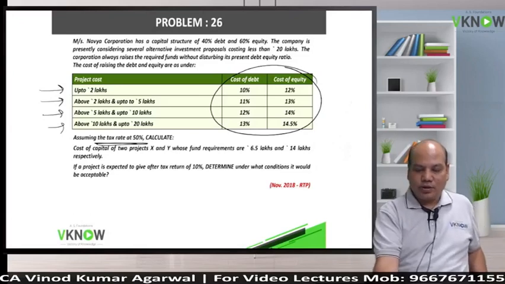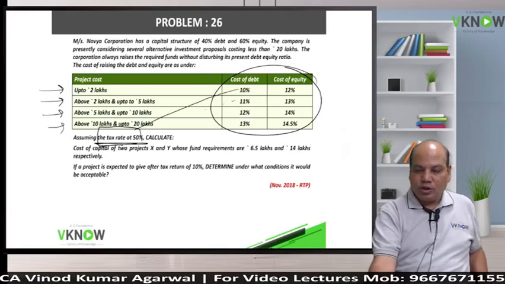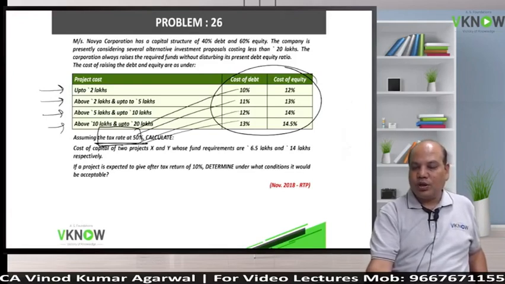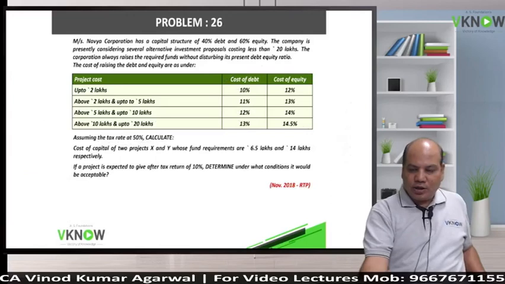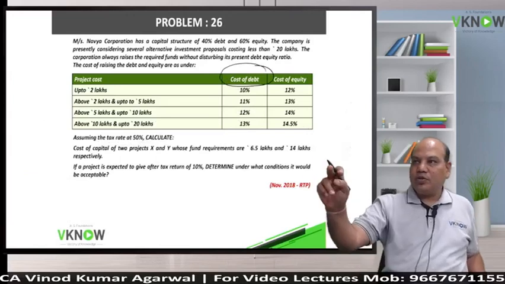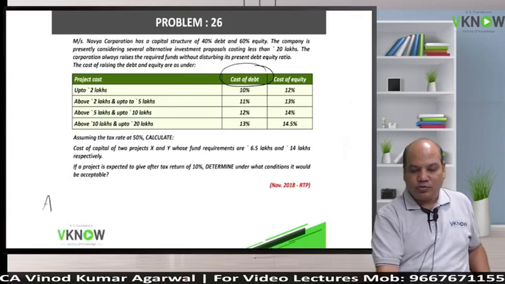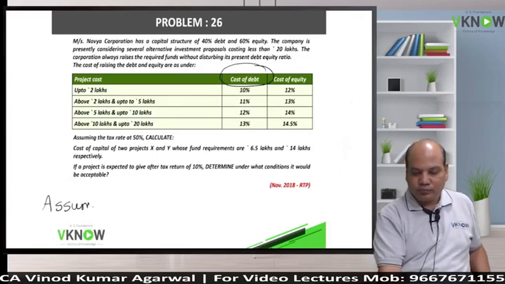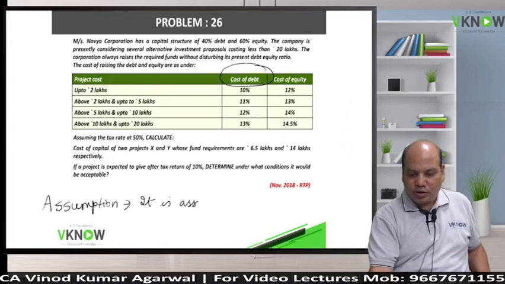Why is this given? To calculate the post-tax cost of debt. The question has a mistake. They have not mentioned very clearly whether it is pre-tax cost of debt or post-tax cost of debt. So what assumption will we write? Assumption. It begins with: it is assumed that